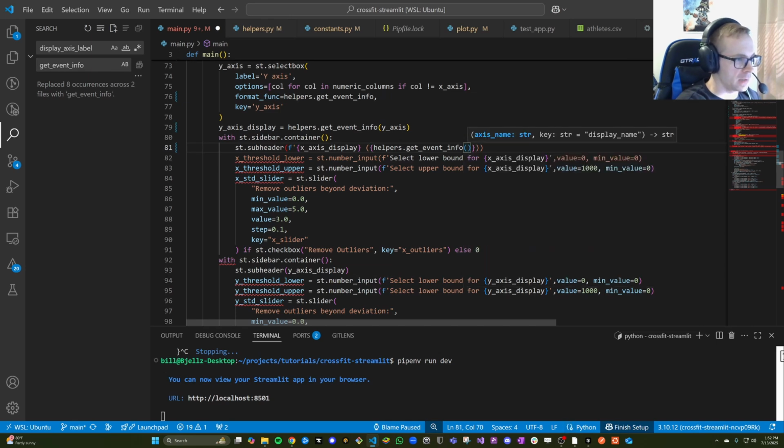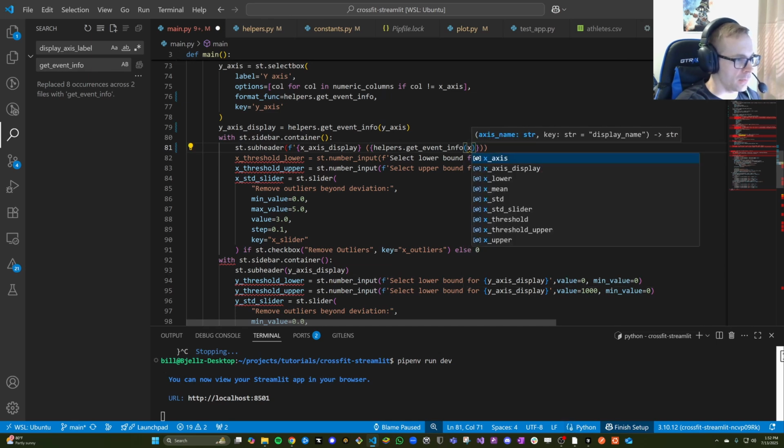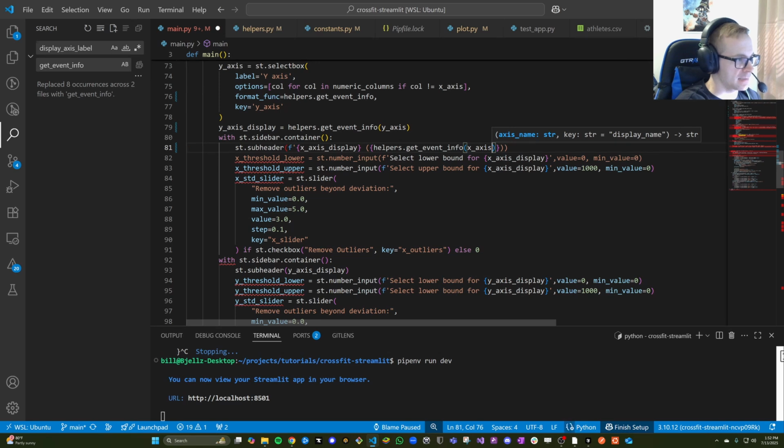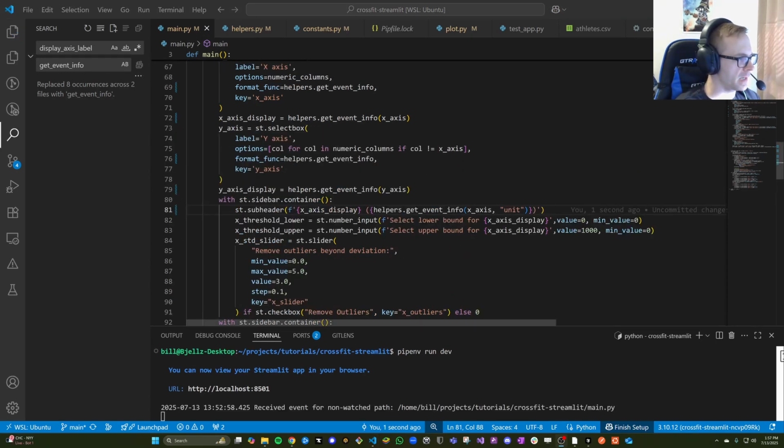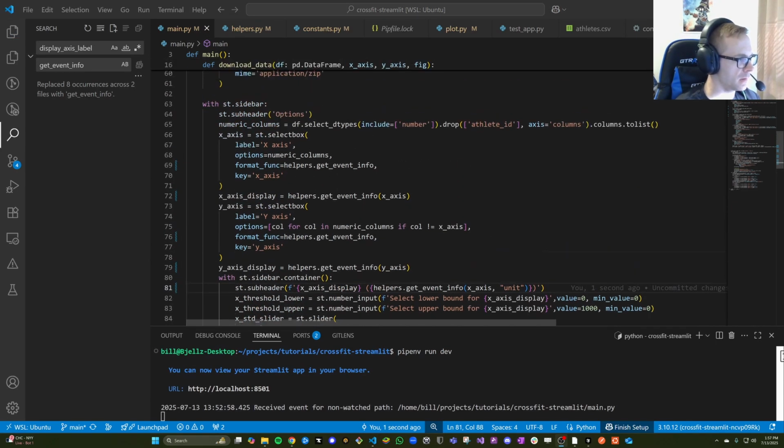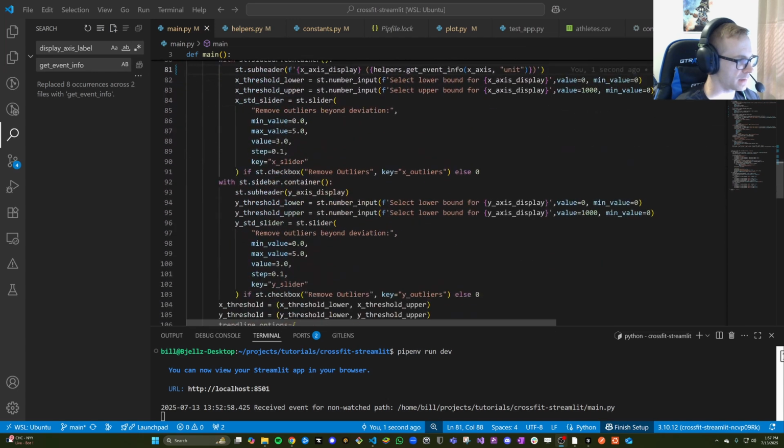Okay, so helpers get info. This will be the axis name, so that's simply x-axis. And then for the string, we don't want display name this time, we want unit to be displayed, right? So then we just do that, and after this parenthesis, we do another single quote. So then if we scroll up, where is the second subheader? Okay, so if we scroll down,